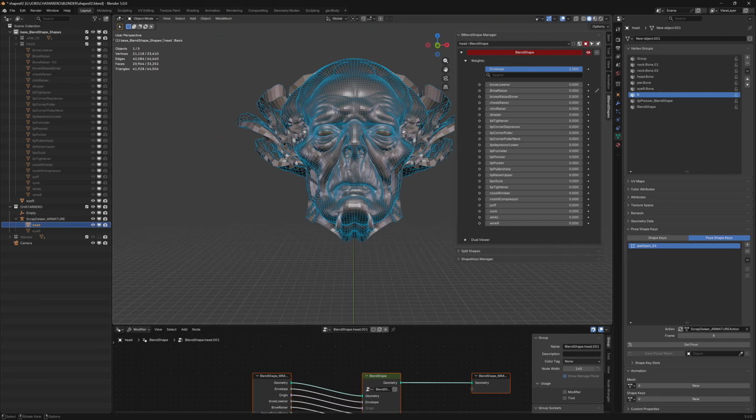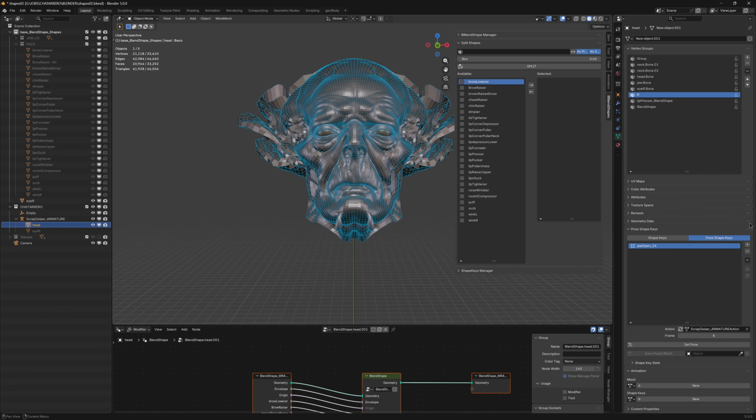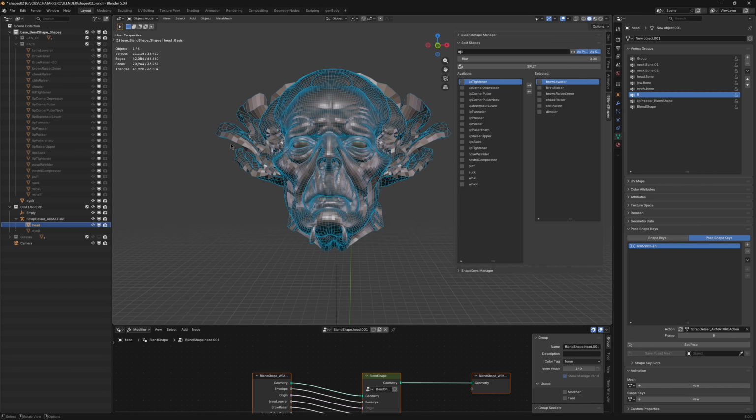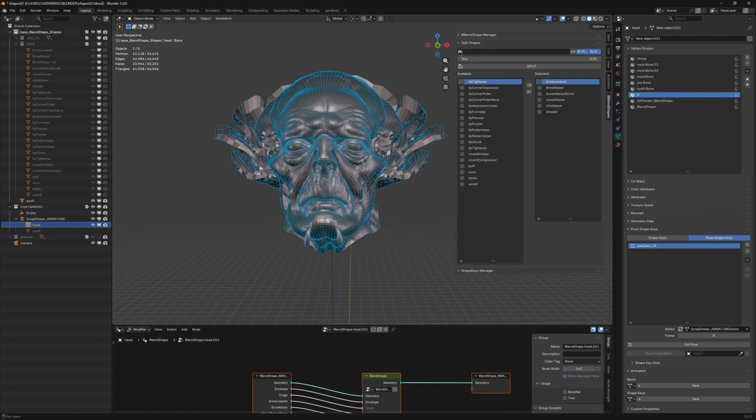Now, with this selected, there is the split shapes option in here. Let me just hide this for a second. So the way it works is we have a list of targets that we want to split. It can be all of them, it can be just a bunch of them. Let's say we take these guys, and we just add them to the list of shapes to split. You can always filter the lists, same as all. And in here you need to select the group. But before doing that, let me show you